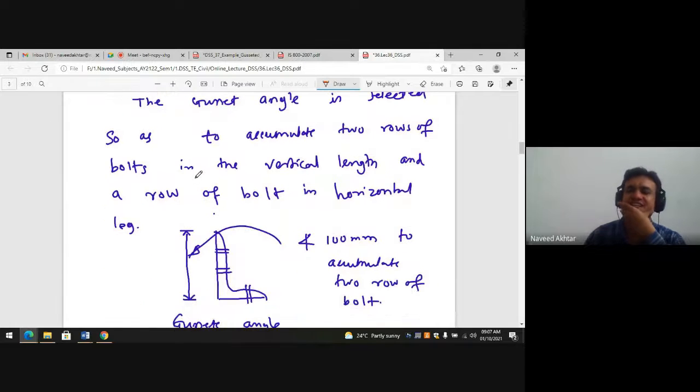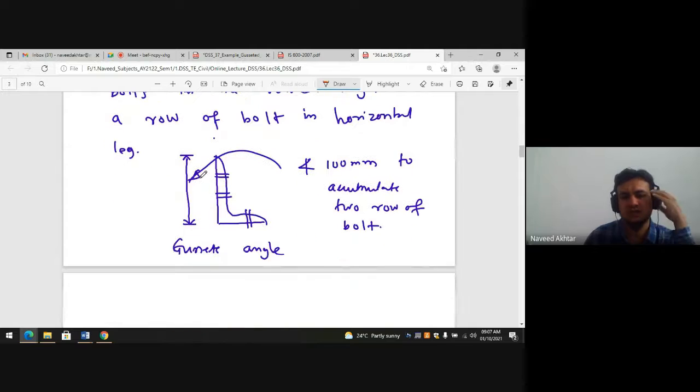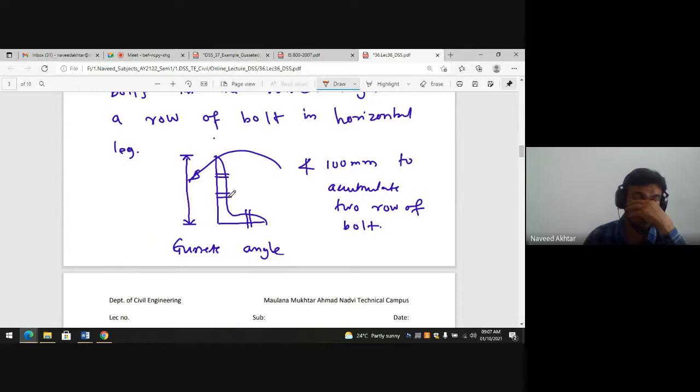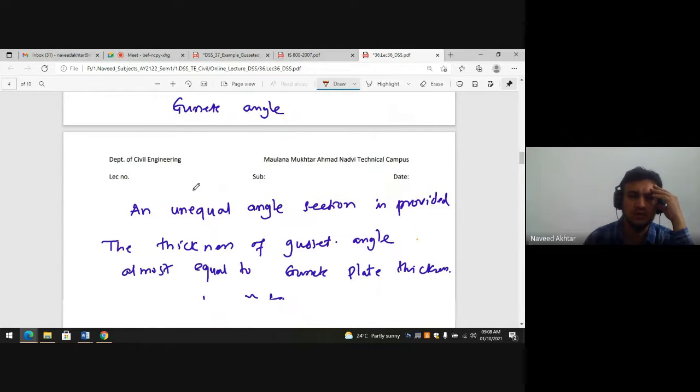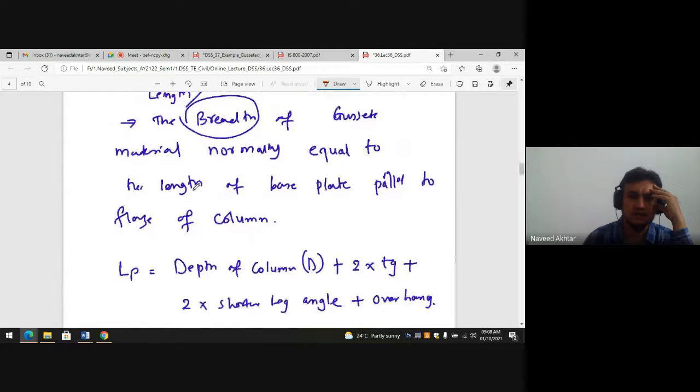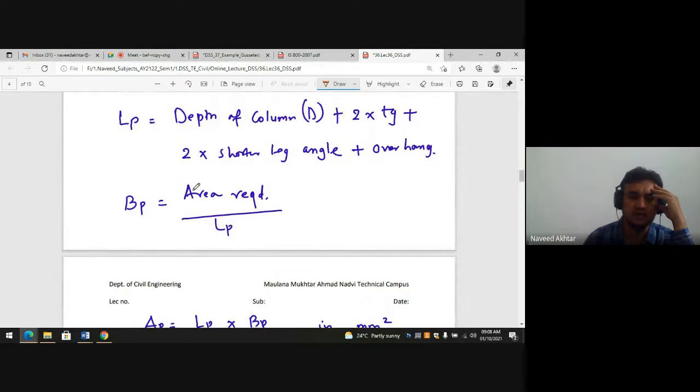Also, the thickness of the gusset angle should be approximately equal to the gusset plate thickness, and the length of one side of the angle, the unequal angle you have to select for the gusset material. The longer side should not be less than 100 mm to accommodate a full row of bolts. And we have seen how to find out the length of plate: